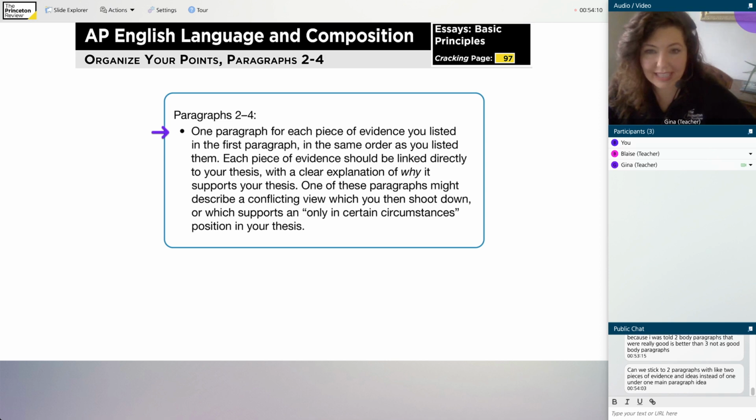Yeah, so I think that answers the next question too. But don't do more than 3. Okay, if you have more than 3 body paragraphs, it probably means your essay is not well organized. If you only have 1 body paragraph, it means your essay is not well organized or it's too short. So 2 or 3, my recommendation is 3, but you can do 2 as long as they're nice and long.